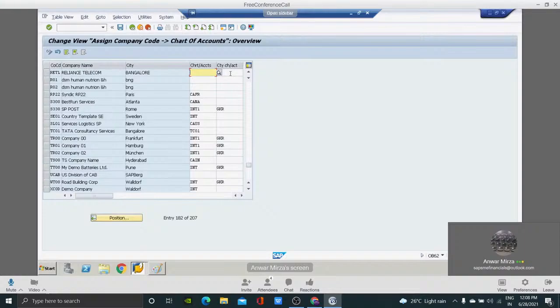So how many types? There are three types. What are they? Operational chart of accounts, second, group chart of accounts, and third, country specific chart of accounts. Remember this. What I told you is that the most common type of chart of accounts which we use is